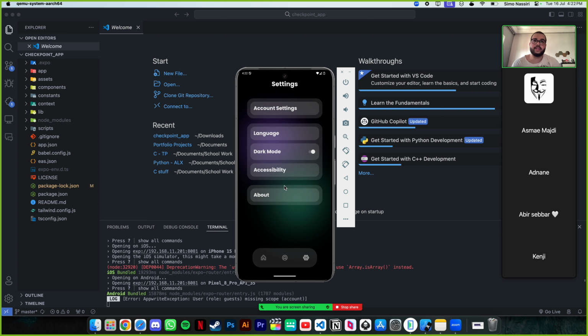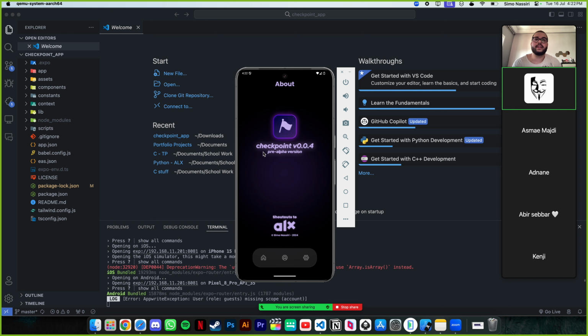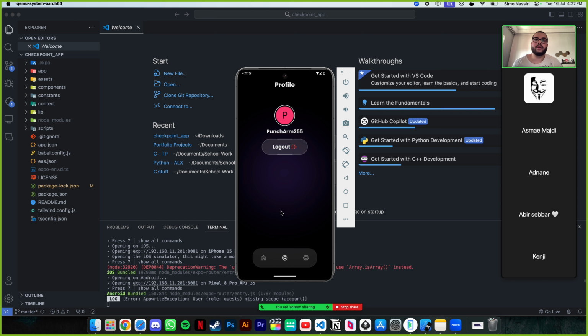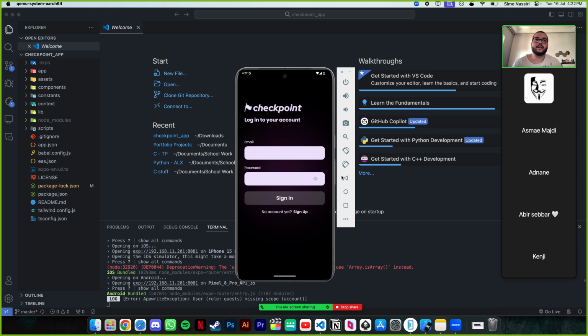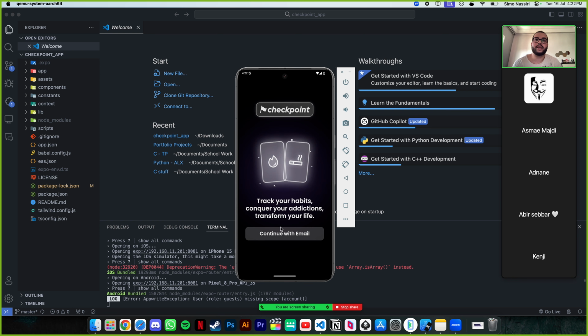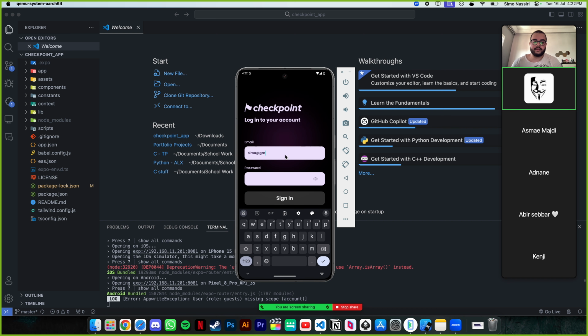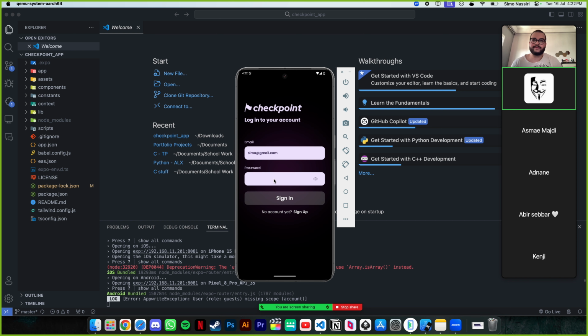Which also applies to the welcome screen. If I log out in a second, you will see that the welcome screen has also changed. In the about section, I have the version name. This is a shout out to ALX. And when we log out, you will see that the welcome screen has also changed to a dark mode version. So if we log in,